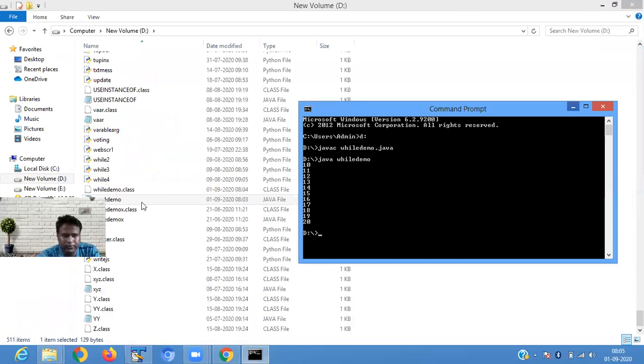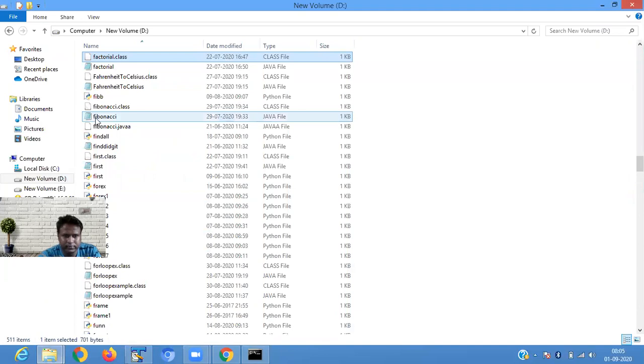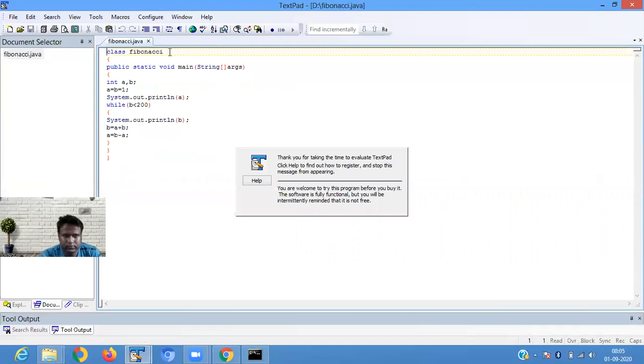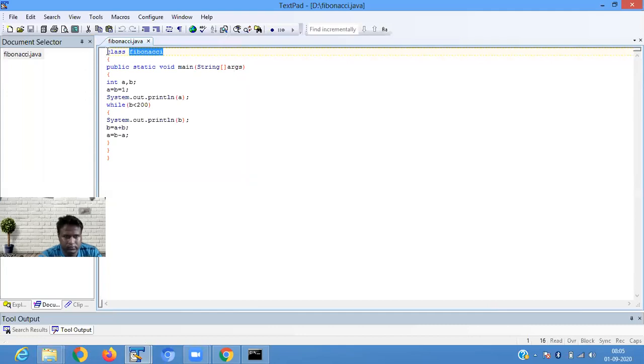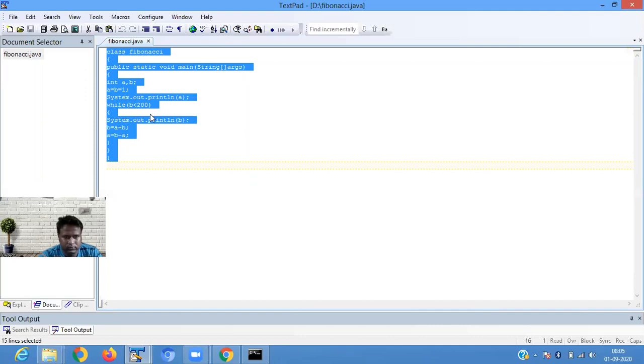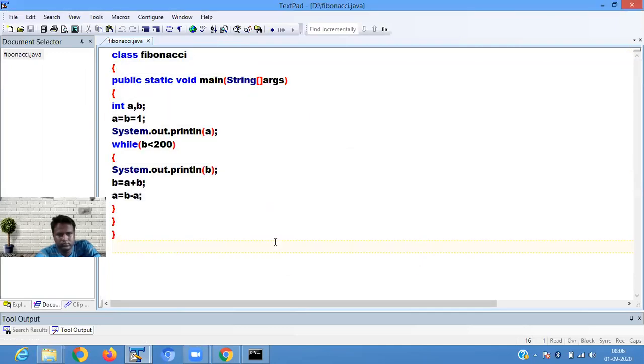Now we go for the Fibonacci series. So we're defining two variables, int a and b.